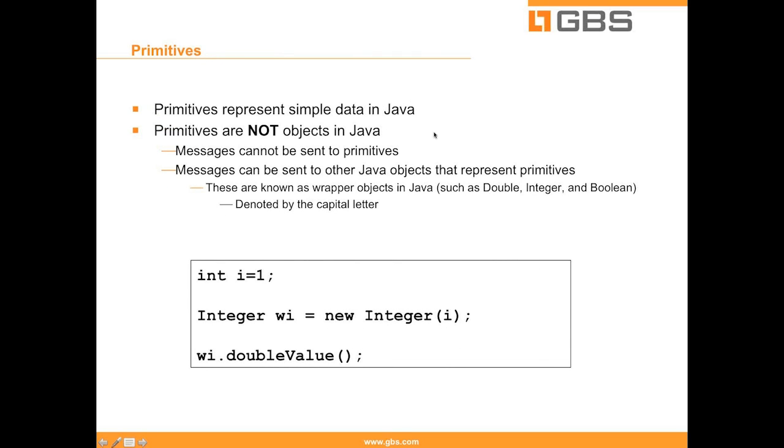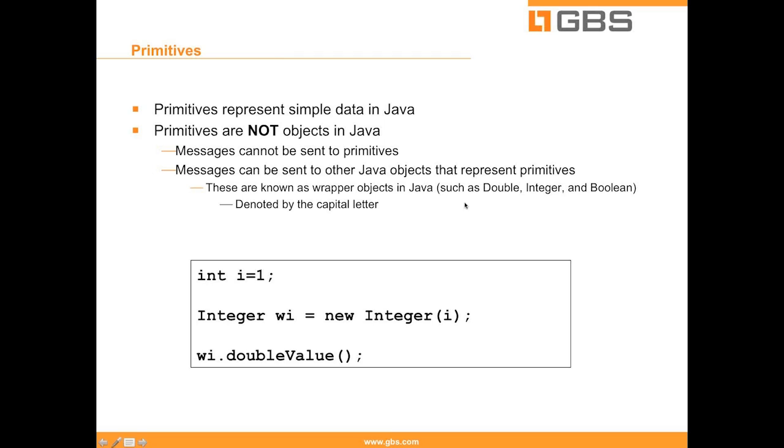So primitives represent that simple data in Java. They're not objects. You can't really send a message. In other words, the primitives don't have methods that accept messages. Therefore, they're raw data types, and they can only contain the type of data that they're set to. Now, in order to manipulate those, most of the simple raw data types or primitives have